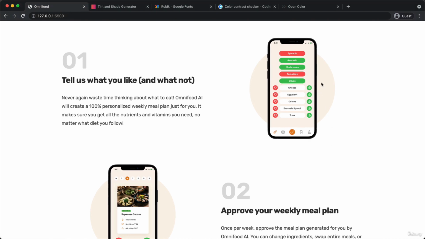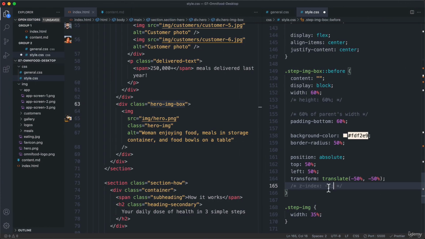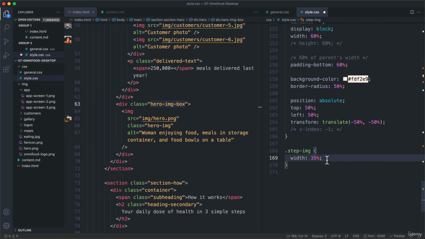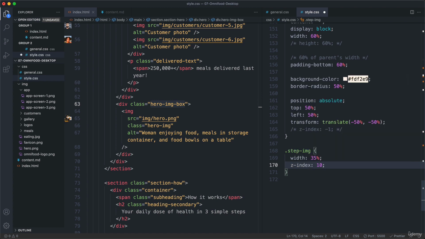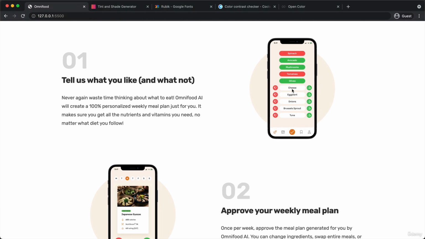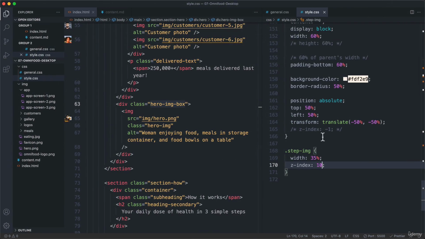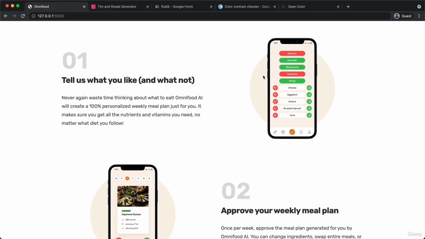So now it's basically below the image. Now another way would have been to put the positive z-index here, but that might not work for some reason. Let's just say 10, for example. And so actually this also worked in this case, but I'm still doing it like this as we did before for something that I will explain next. Okay, so this looks quite nice already, but we can still do better,